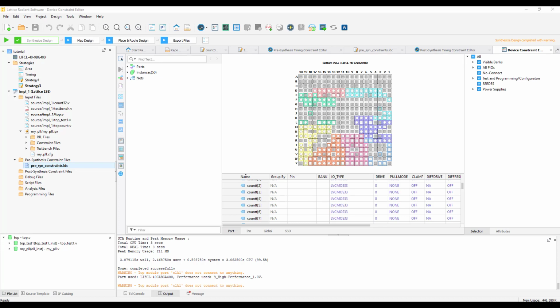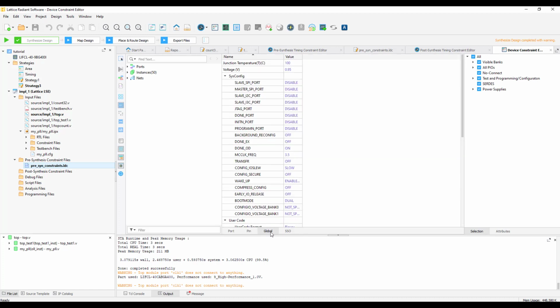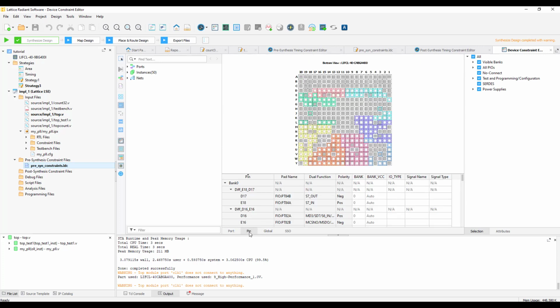Through this Device Constraint Editor, you will be able to define physical constraints based on the design signals and logic elements. Define sysIO buffer properties based on the design signals. If you go to the global tab, you will be able to do the sysCONFIG related settings. You can also constrain clock signals to particular routing spines using the pin option.